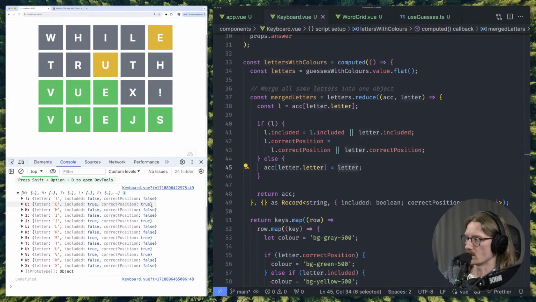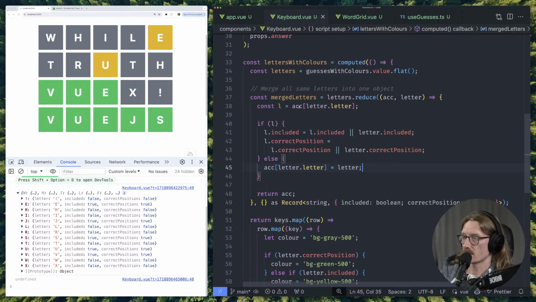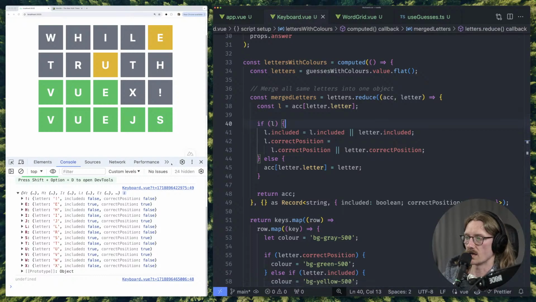And so then we get this whole object here. Then the next time we come around and we see an E object, we're going to check again. We have an E, and we're going to look at this accumulator object, and we're going to look in the E key. We find that there is an E key, an E object already there. So we grab that. Then when we get down here, we're going to say, okay, we've already got an E. So we're not just going to override what we've already got. We're going to